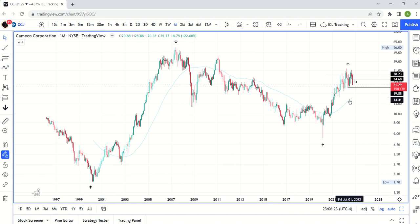So same as the idea of the 200-week moving average, we're going to want to watch for this 50-period moving average, in this case the 50-month moving average. You can see this huge bull run. We stayed way above it. Right? So there's going to be a time where that happens again, and maybe this is actually part of it,